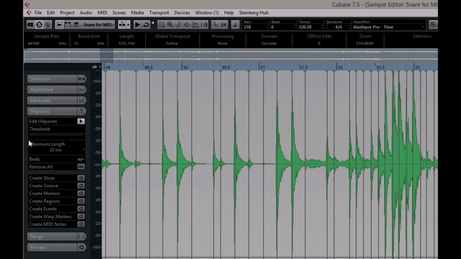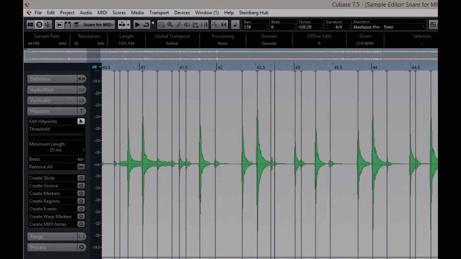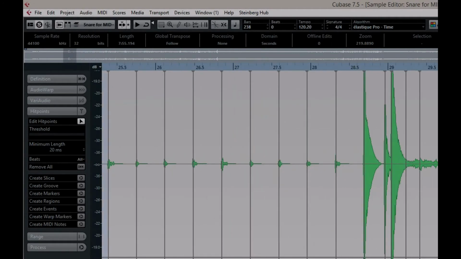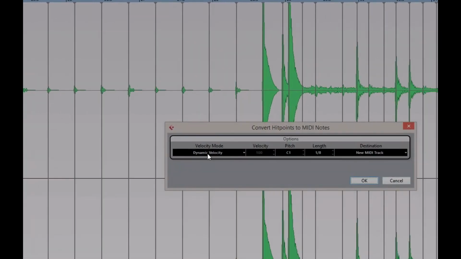but there's usually a level that you can come down to which captures pretty much what you're after, and I think that's more or less, yeah, that's looking as though it's pretty much caught the performance. So what I will do is hit the create MIDI notes. I'm going to keep dynamic velocity, which means that these little tiny quiet bits, which may be imperfectly filtered hits from elsewhere or very quiet snare hits, are going to come out really quiet. The length of the MIDI notes I really don't care about because they'll play out as long as the sample plays. And I'll explain why this matters in a moment, but for the moment, just check that